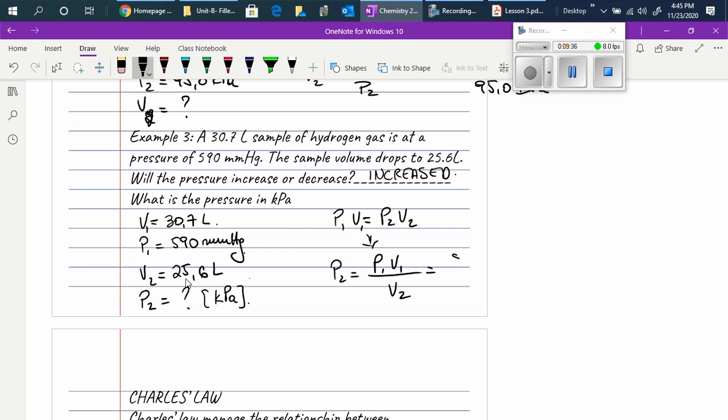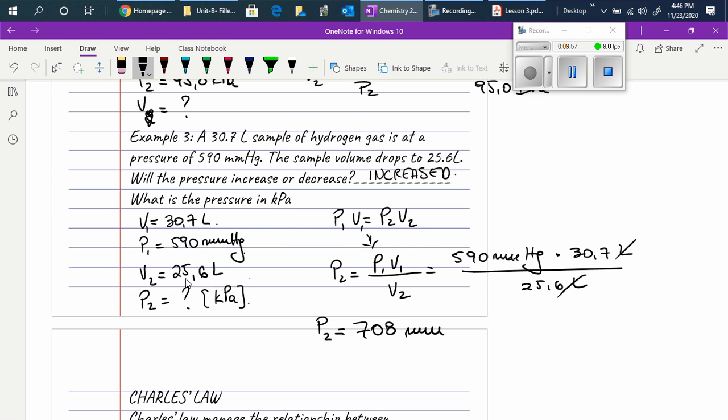So we'll have 590 mmHg times 30.7 liters over 25.6 liters. So liters and liters cancel out. P2 will be 708 mmHg. As you see here, it is an increase